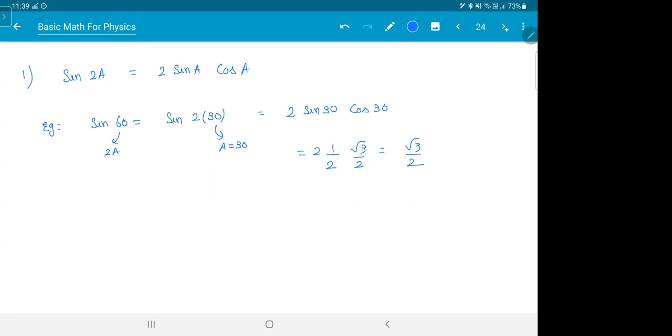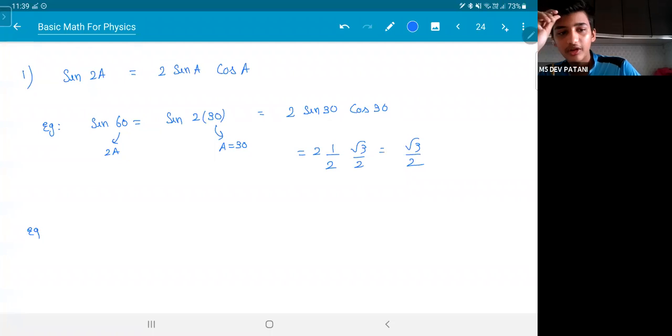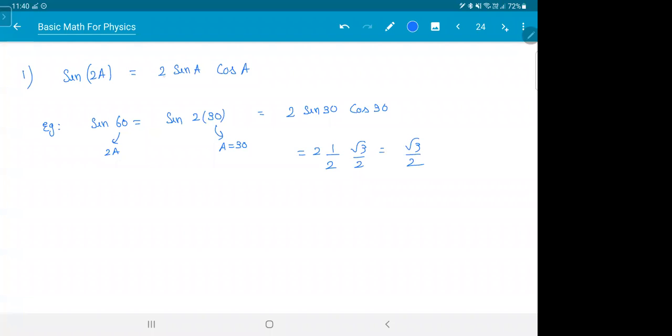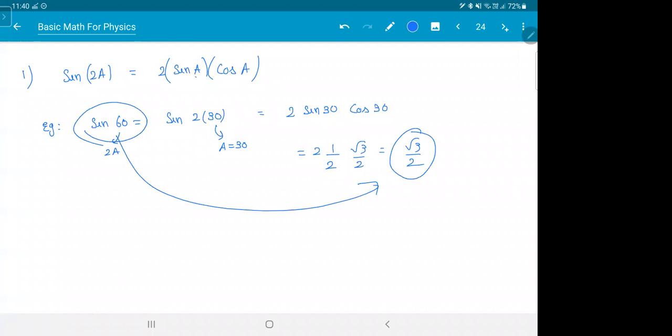Getting this? So you know how they'll ask in the exam? Can you explain it again? Now see, this is the formula. Sine of 2 times the angle is 2 times sine A cos A. Are you getting it? Example, suppose we take sine 60. What is 60? 2 into 30, right? So in place of A what you have? 30. So 2 sine 30 cos 30. Then this formula will give you root 3 by 2, which is right. Sine 60 is root 3 by 2 only. So I'm proving to you that this is the formula.